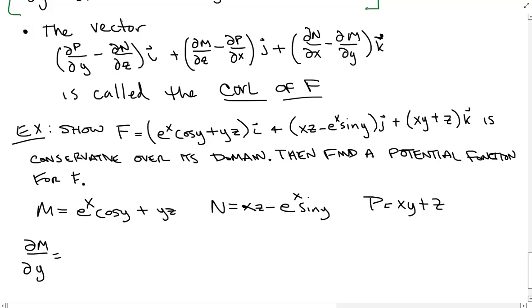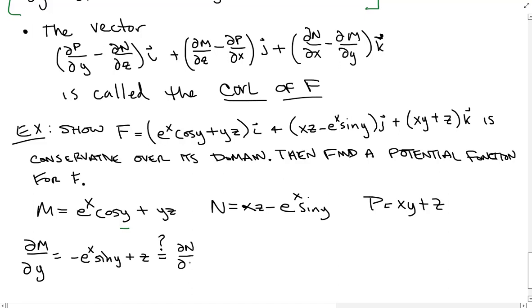Okay, so looking at m with respect to y, here's y, so e to the x is a constant right here, and so the derivative of cosine y would be negative sine y, and e to the x is some constant, so negative e to the x sine y, and then the derivative of yz would just be 1 times z, so plus z. Then let's check that that equals, so we're going to question, does that equal the partial derivative of n with